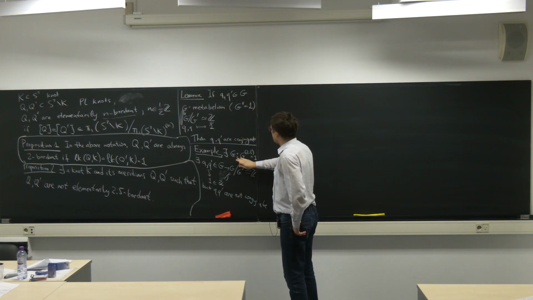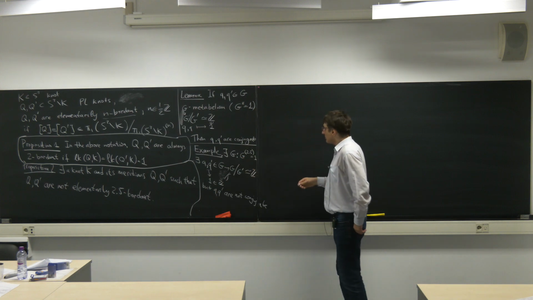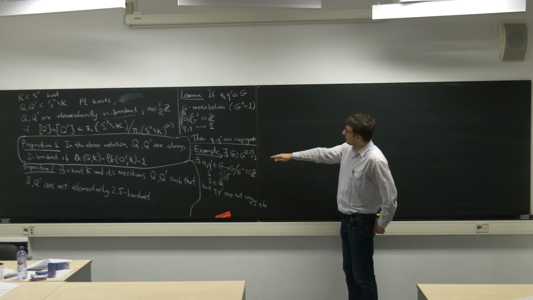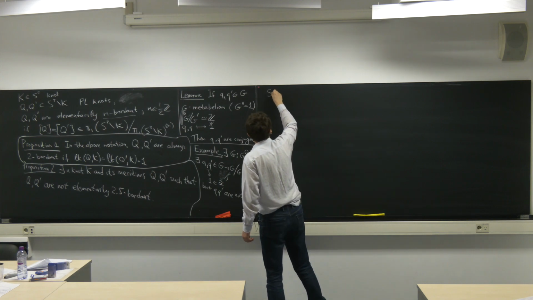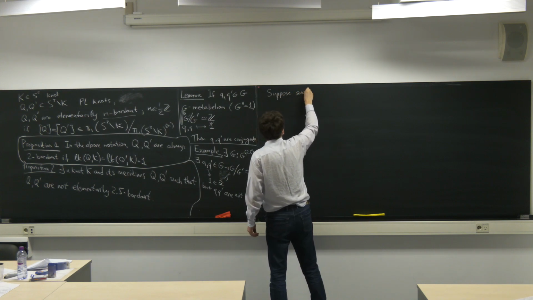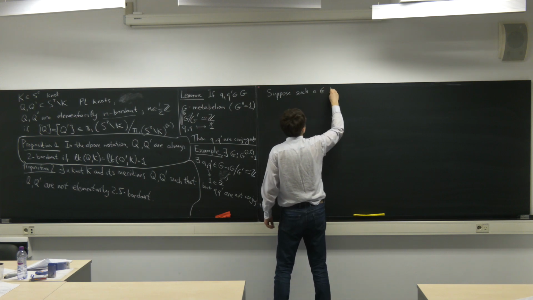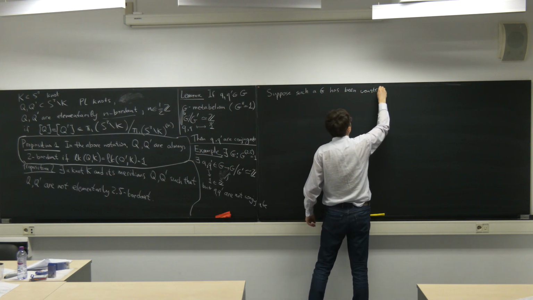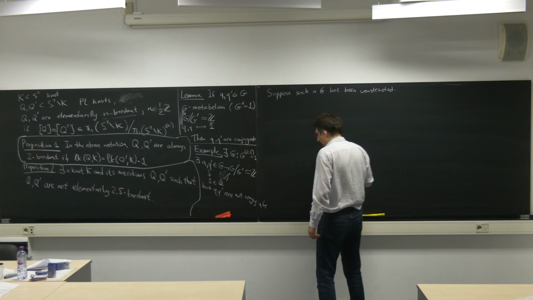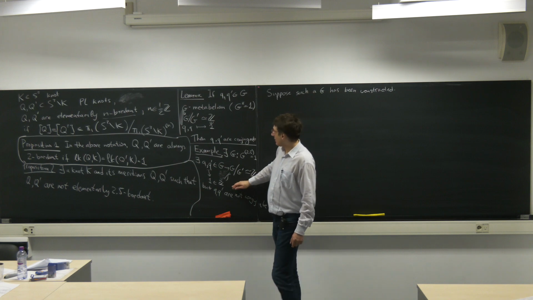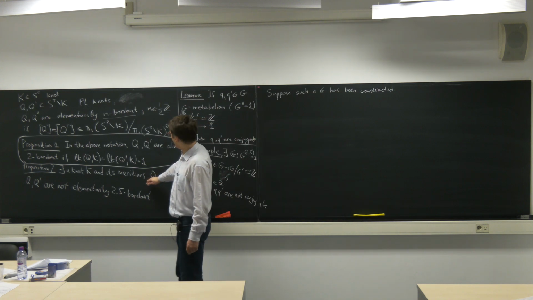Okay, so before I construct this G, let me suppose that such a G is already constructed and deduce some consequences. So suppose that such a G has been constructed. Obviously, we want to construct such a G because if we want to prove proposition 2,